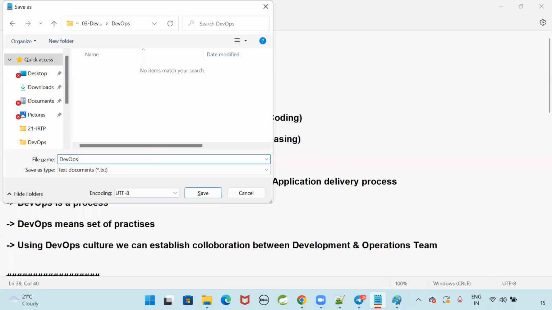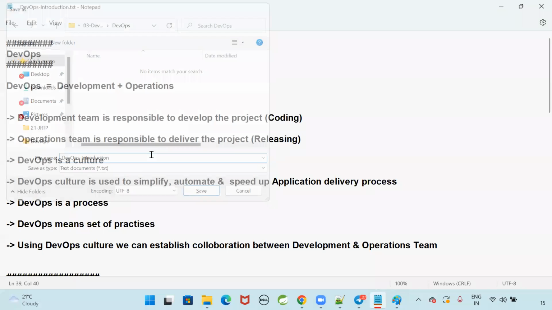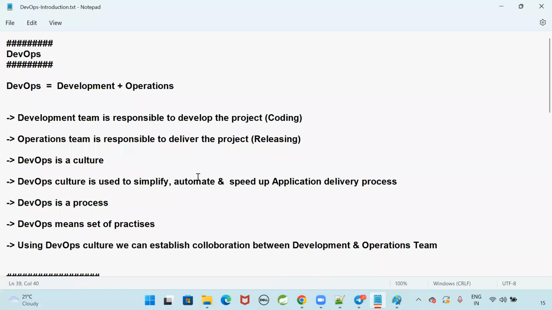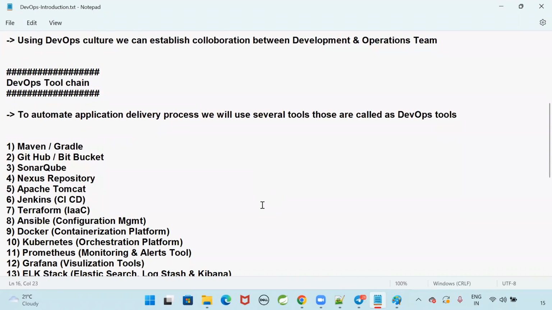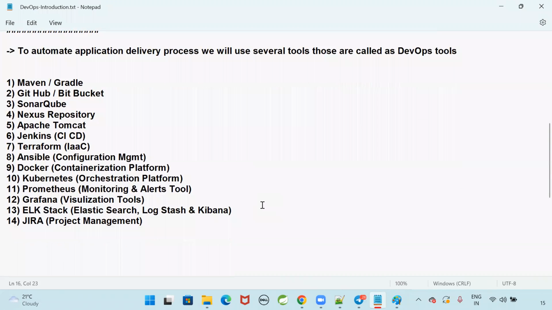Can't we get to know after logging in on the server? No. At the time of creating the servers only, they will mention that this server is used for a DB, this server is used for application, this is a Sonar, this is a Jenkins, this is Docker, this is Kubernetes. They will clearly maintain that.